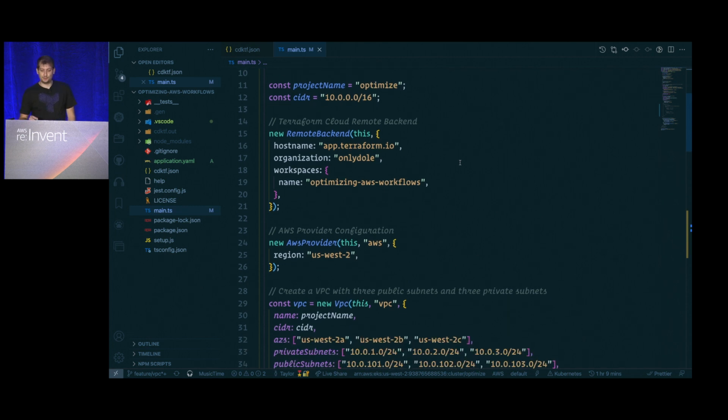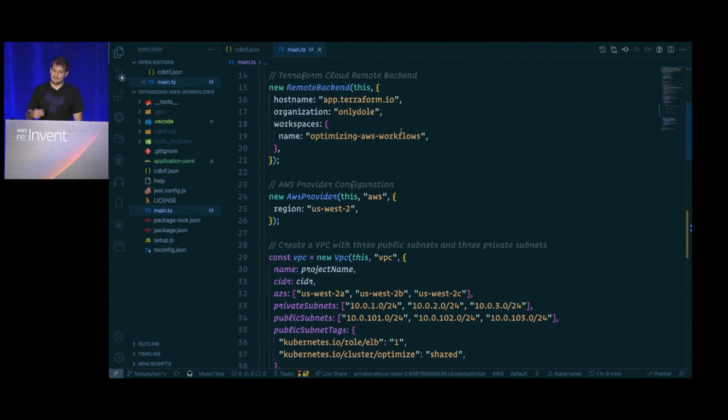One thing to note when you're working with the CDK for Terraform is if you know a value that you are going to use or declare, it's important to use the native language constructs to declare that. So here we're going to be using some constants, the project name, and the CIDR that I'm going to be using, because those aren't going to change. And if I do change them, they're in a place where I can easily see them, reference them and change them.